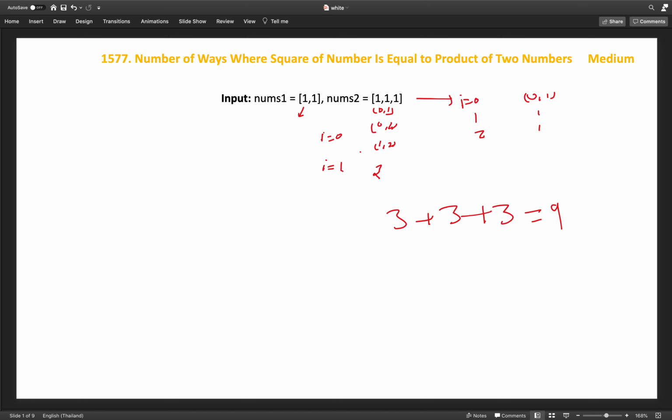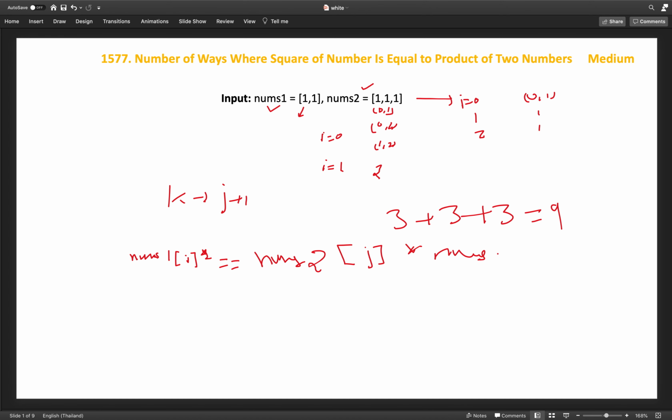So how will we solve this problem? First of all, we will solve this using a brute force approach, with three for loops. Run one for loop over nums1 for i, another for loop over nums2 for j, and k will start from j plus 1, and check whether the square of nums1[i] equals nums2[j] times nums2[k].